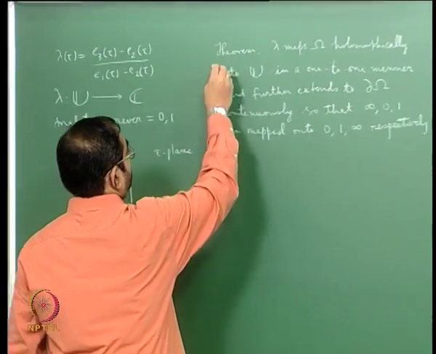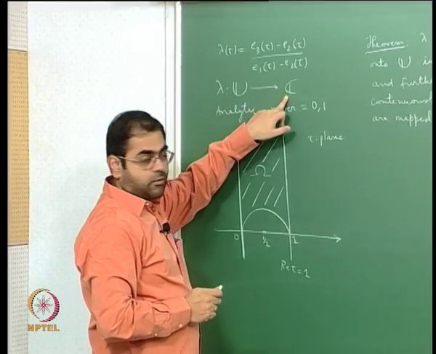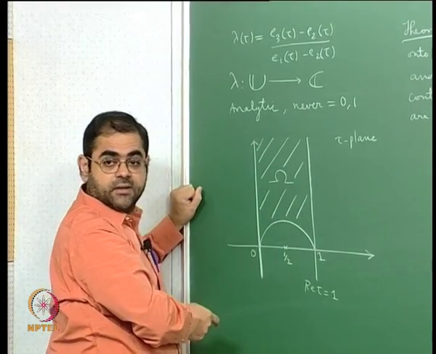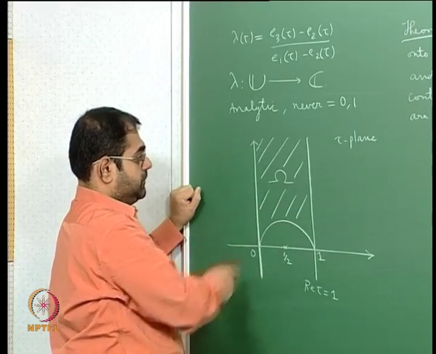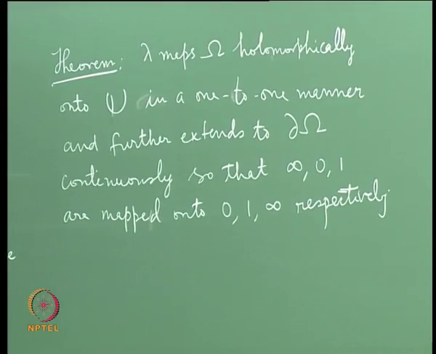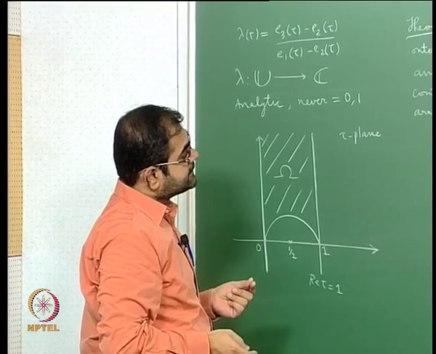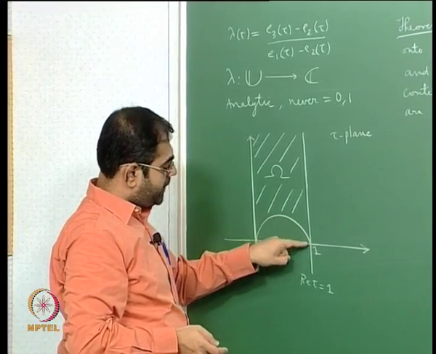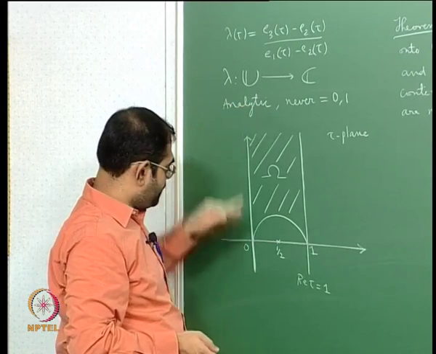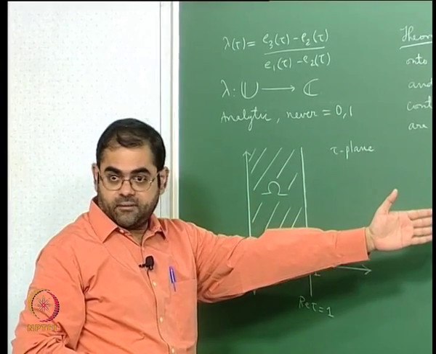okay. So this is the theorem we are trying to prove, that lambda maps, see lambda is defined on the upper half plane and it takes complex values. What we want to say is that if you consider only this region, then lambda maps the interior of this region, by omega I mean the interior of this region, onto the upper half plane in a one-to-one manner, and you know when a holomorphic map is one-to-one, it is a holomorphic isomorphism onto the image, which is an open set, and further you can extend lambda to the boundary of omega, so that this extension is continuous, and the points at infinity, 0 and 1 are mapped onto 0, 1 and infinity in the target plane, okay, in the lambda plane,